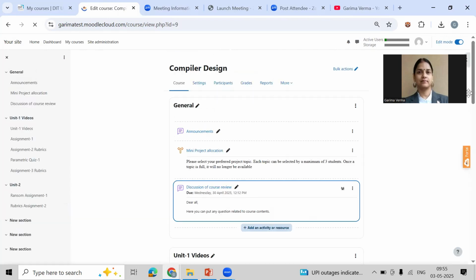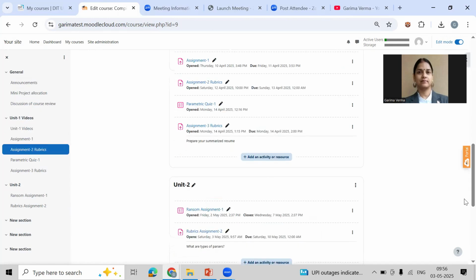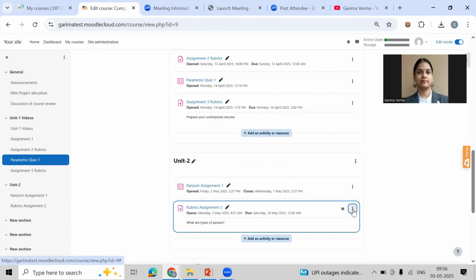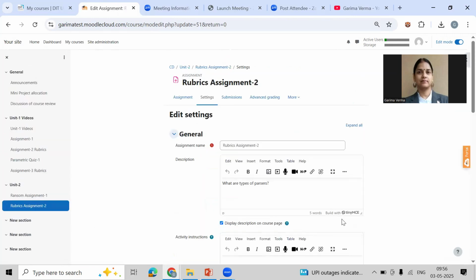Now, once you have done that, again go to the assignment and click on edit settings. Now this time when you select edit settings, you will have a new tab called advanced grading. So select this tab.